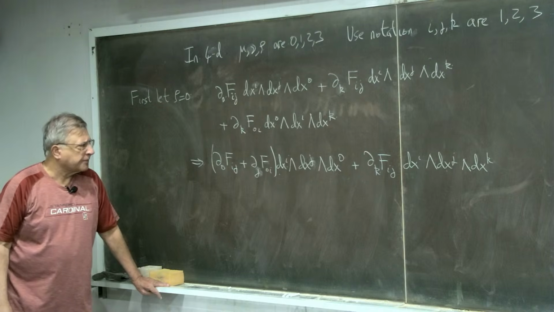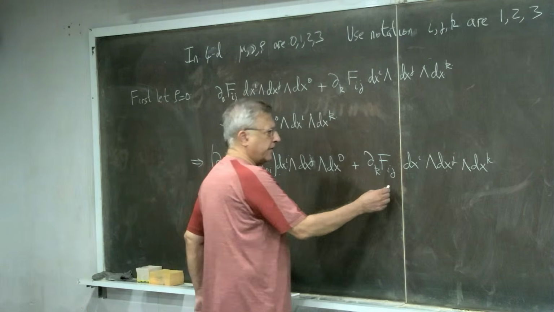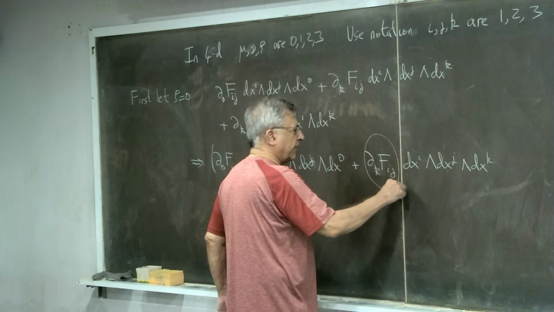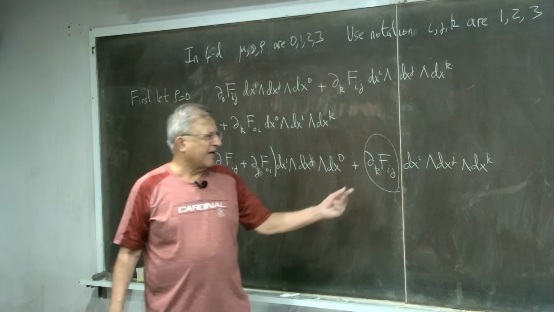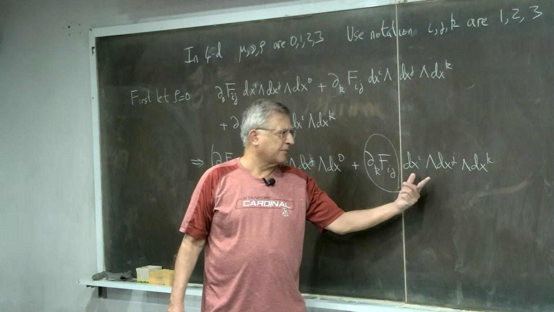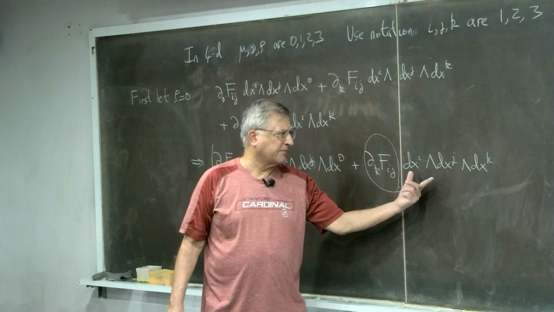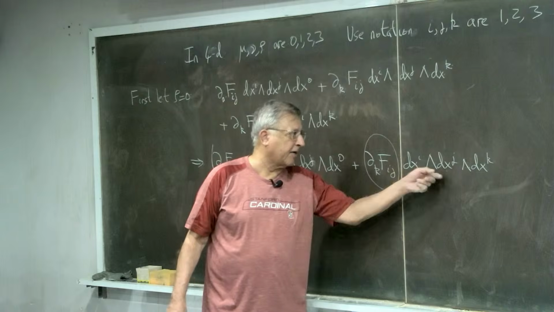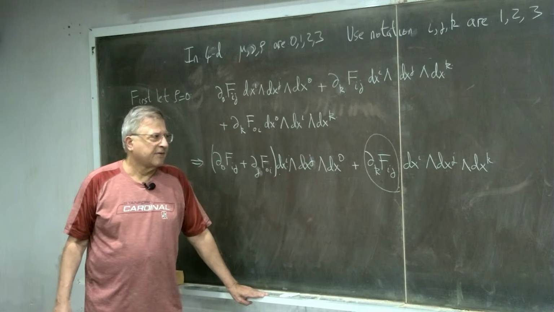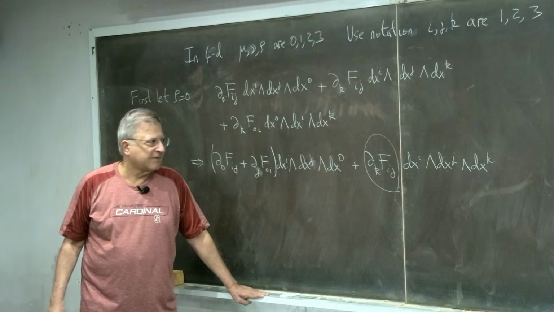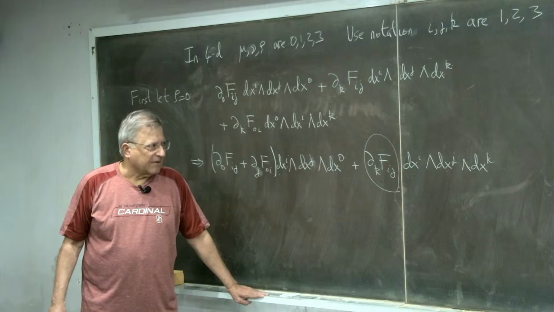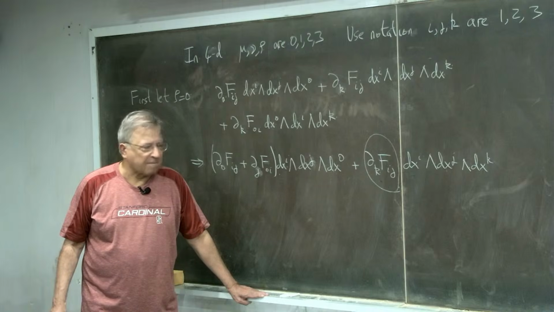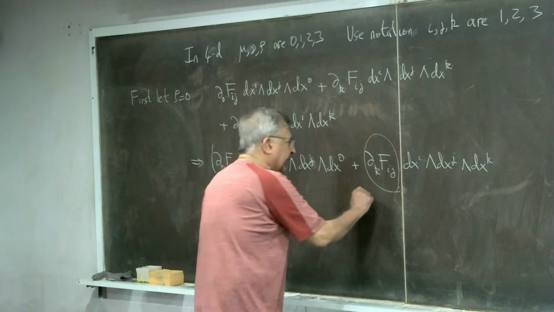We're almost there. What is this thing over here? dk. Fij, and Fij you could write as this multiplied by this. This now, can you see that this is